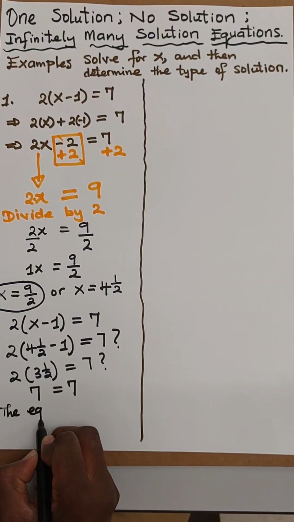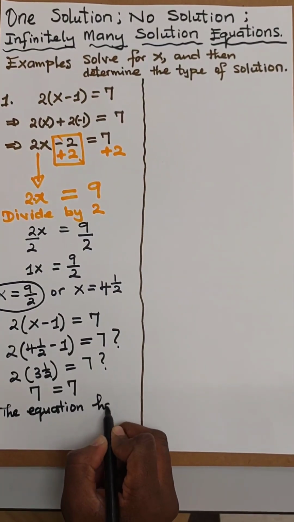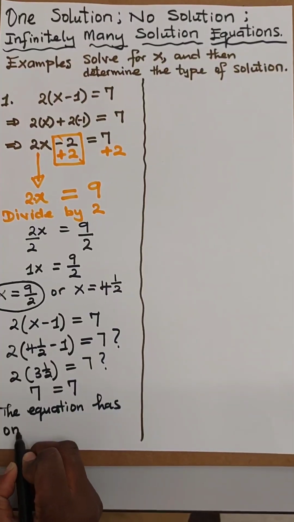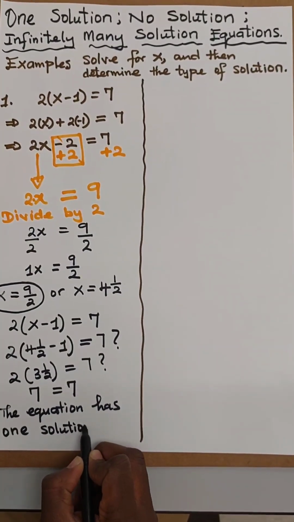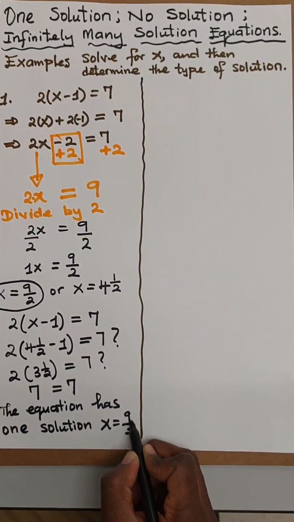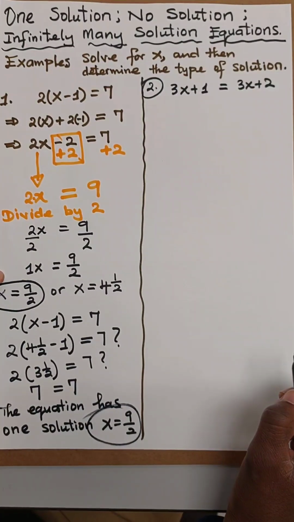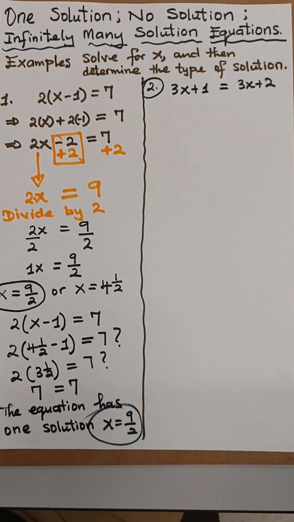The equation has one solution, and that solution is x equals 9/2. From our strategies for solving equations with a variable on both sides, we will start by subtracting the variable